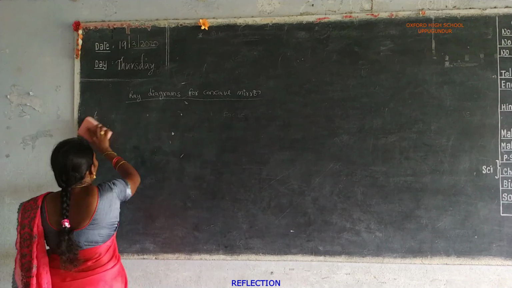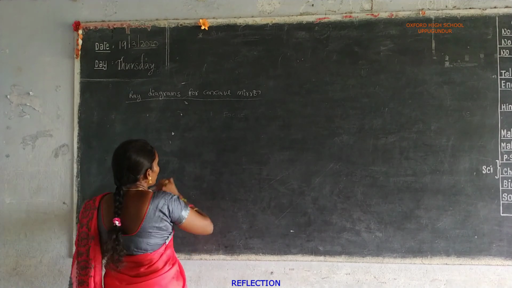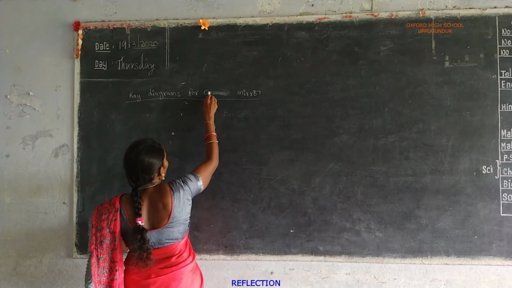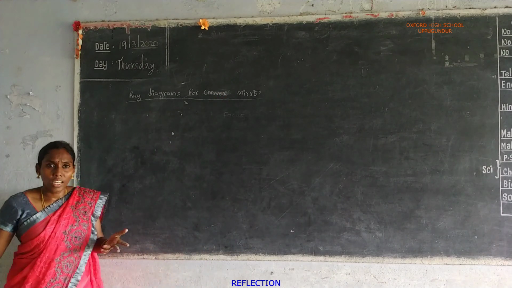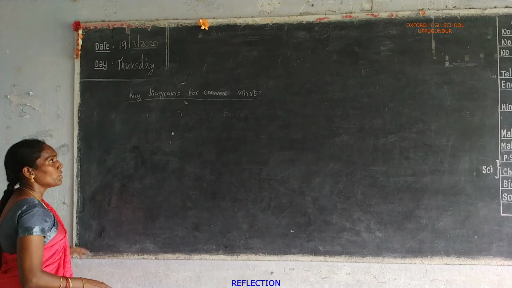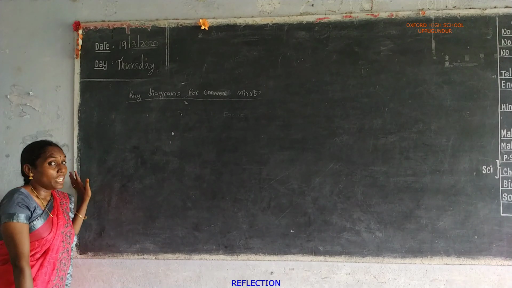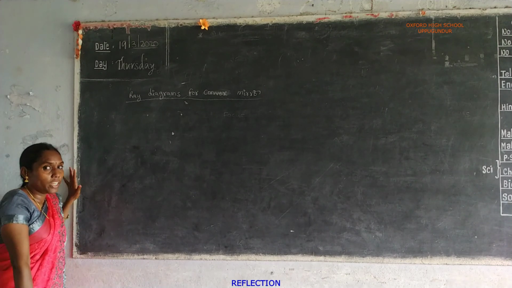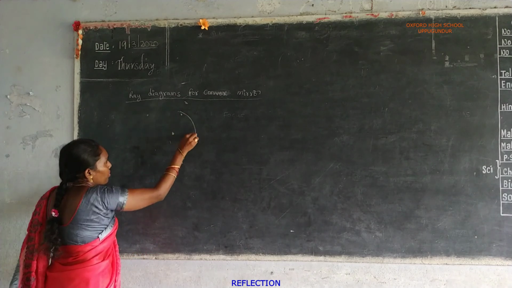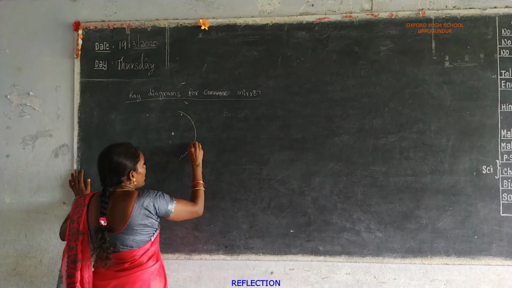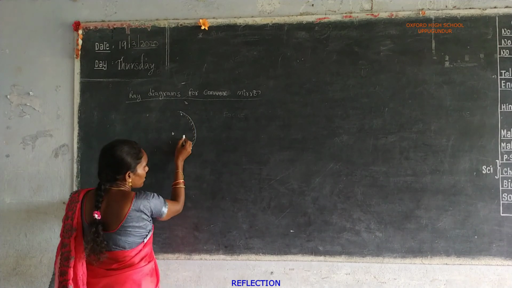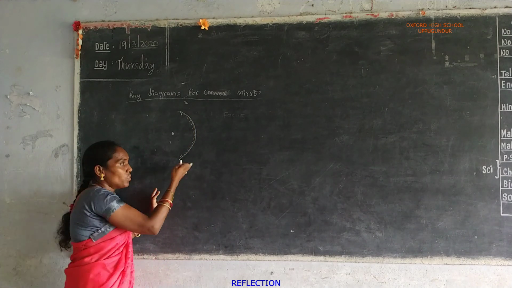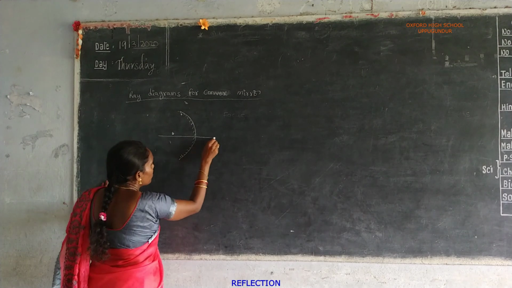And next one, ray diagrams for a convex mirror. Only 2 ray diagrams for a convex mirror. Concave mirror is a converging mirror and convex mirror is a diverging mirror. Why should the convex mirror be called a diverging mirror? See here, the outer side of the spherical mirror acts as the reflecting surface. That's why it is called a convex mirror.